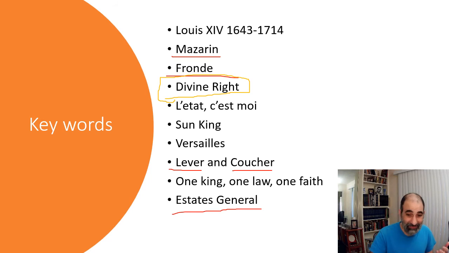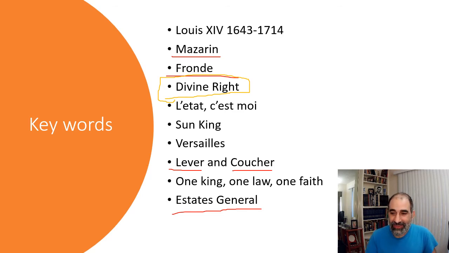So, that's pretty dramatic, right? And that's where he lives. That's his home. And he wants nobles there. He wants people to see it because he wants the nobles to see this, to keep an eye on them, to show off his power. Don't mess with me. Look at my palace.